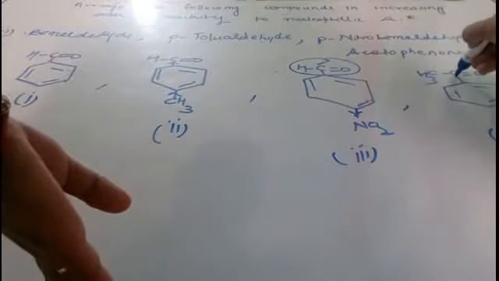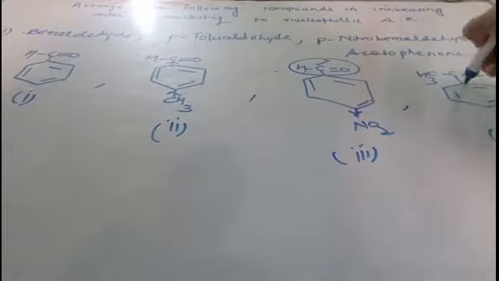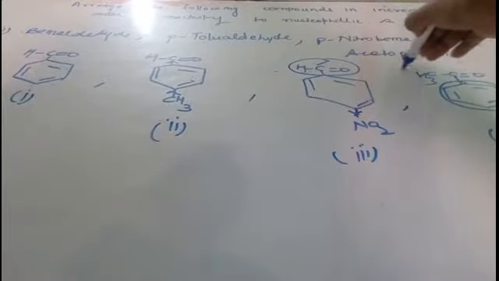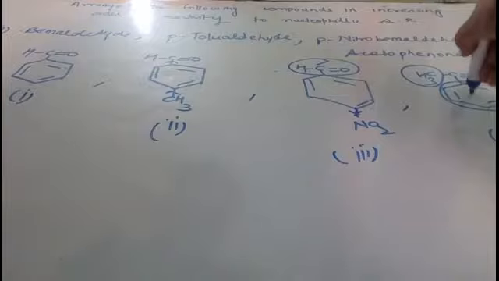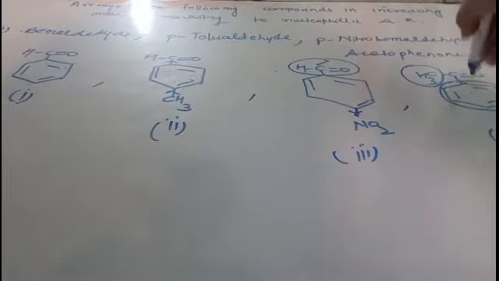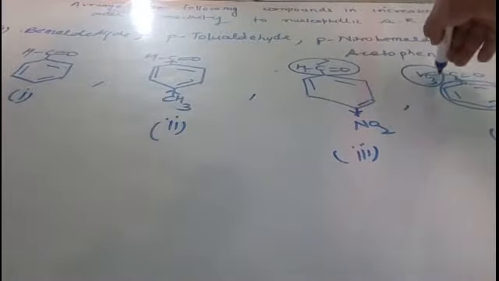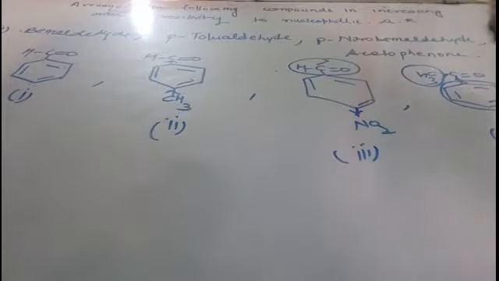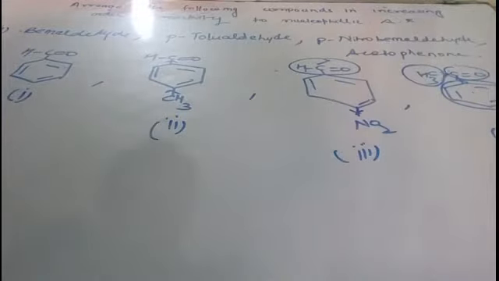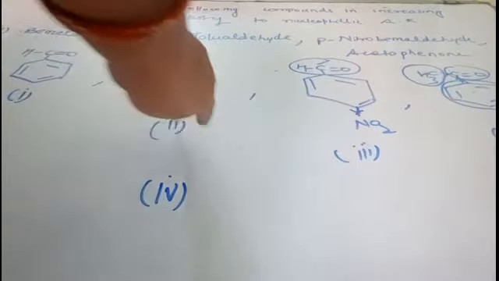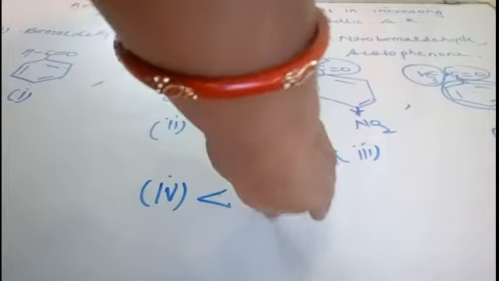In the case of acetophenone, you know that at one side we have this benzene ring, the other side we have this methyl group. It is also displaying here, though it is having the -I effect, but here this carbonyl group is withdrawing the electron from the benzene ring, and this is also playing the +I effect, right? So both side carbon is receiving the electron density, hence this will be the least reactive, because this will be the least polar bond. So fourth will be least reactive, and then we will come to the second one, where